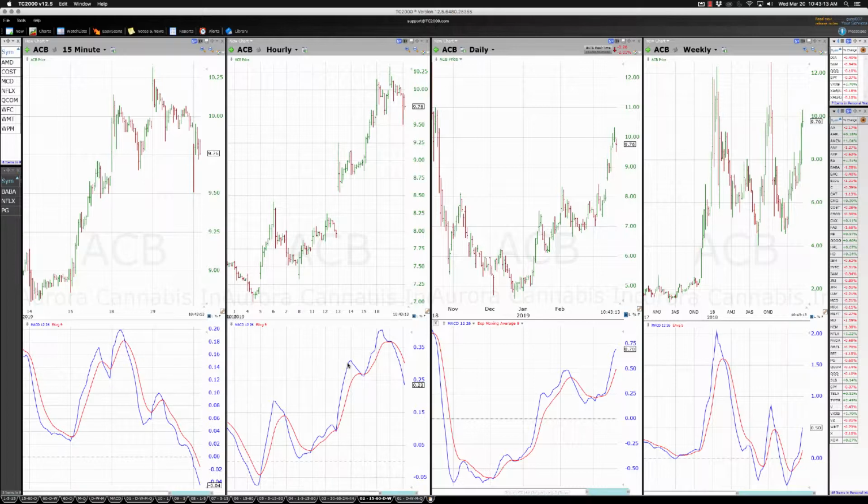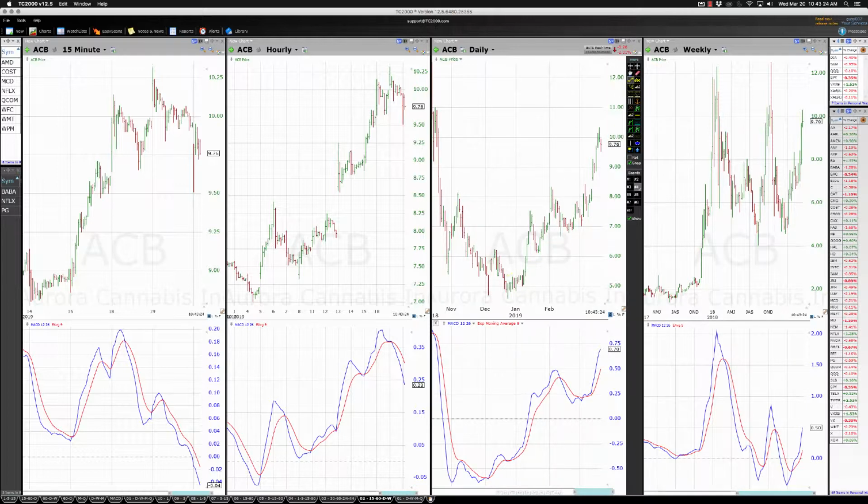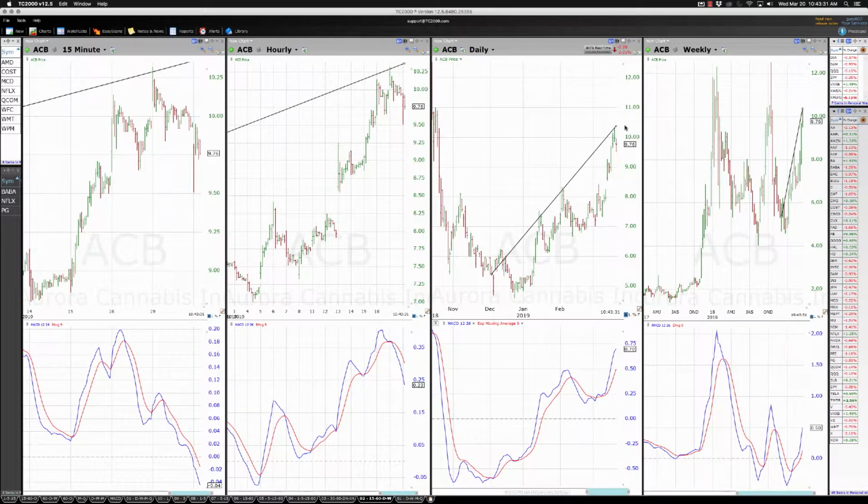However, here's a possibility. If you take a look at the daily and you trace a trend line here, were we not at the top of the channel? The answer is yes. What happens when we have a visit on the channel regression line to the top of the channel? We have a regression. I talked about this yesterday. We have a regression. So here we are visiting the top of the channel, and we are in the middle of this regression. This regression, for all intents and purposes, can sustain longer and come down more,